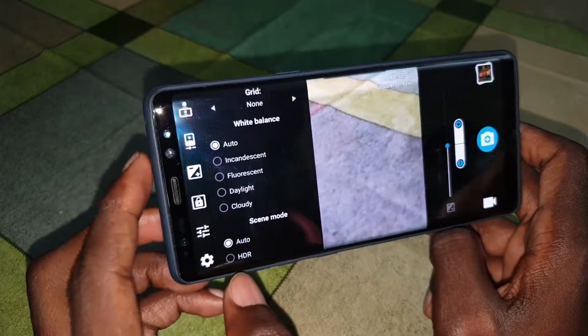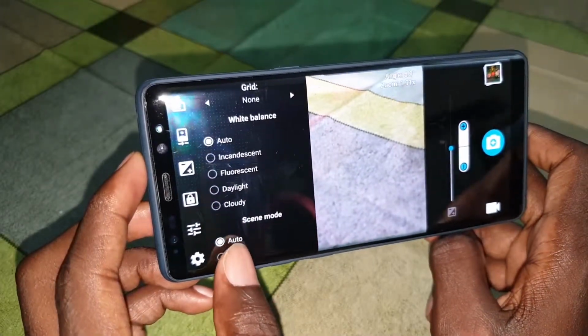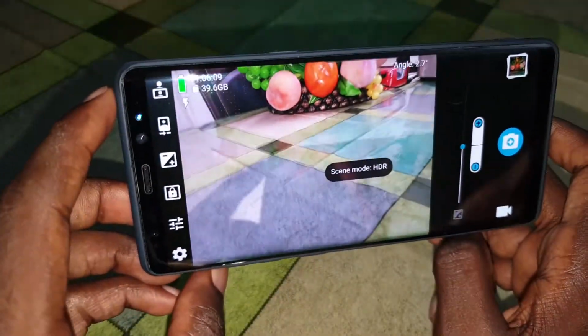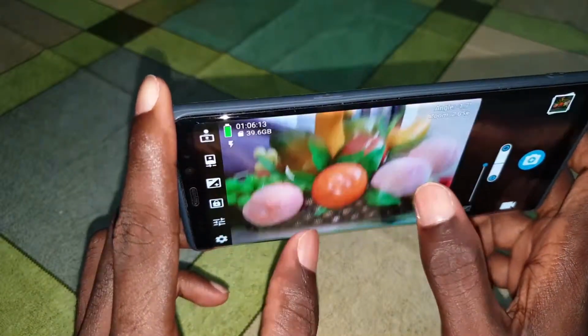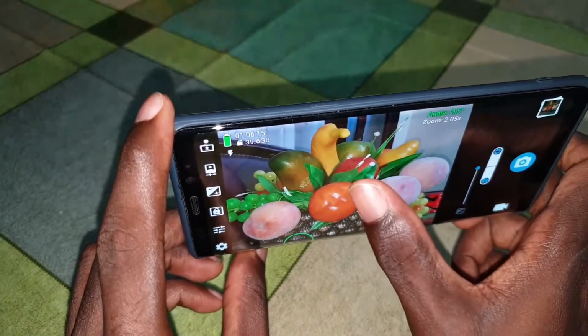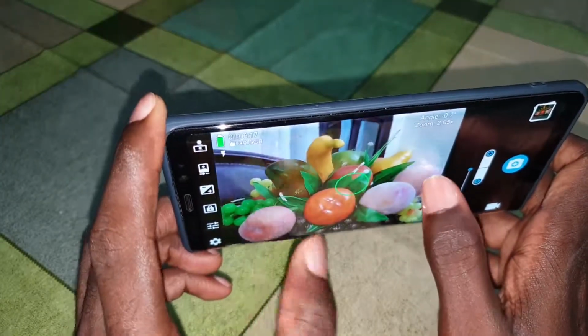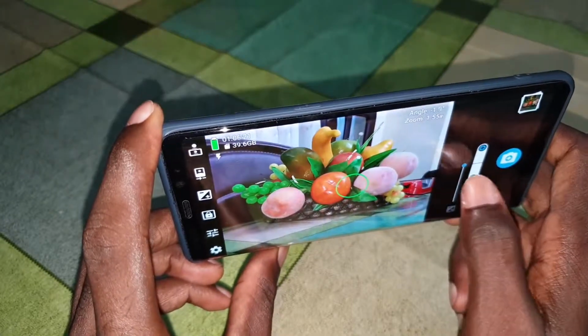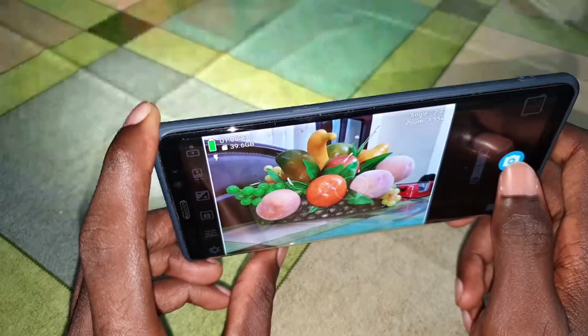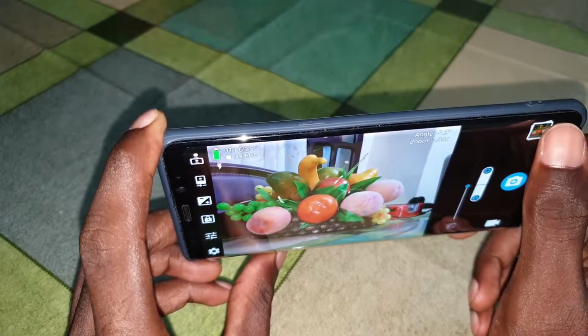You can also see HDR. Let's take an HDR photo. Okay, let's do this right now. HDR picture. Okay, get ready. 1, 2, 3, 4, 5. Let's do it. Let's see this picture.